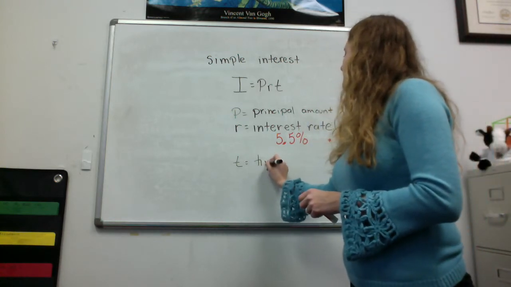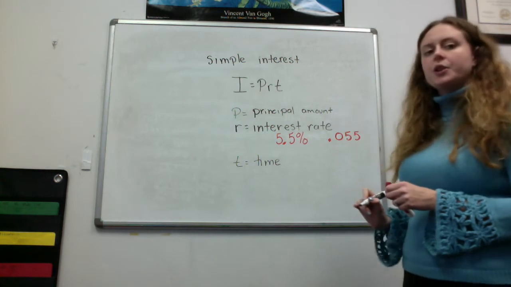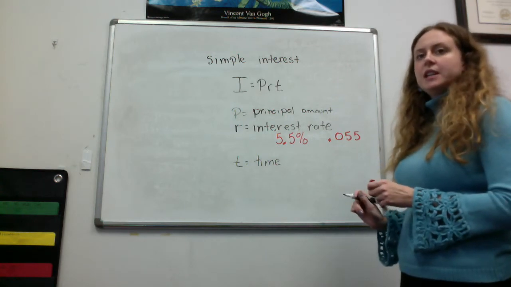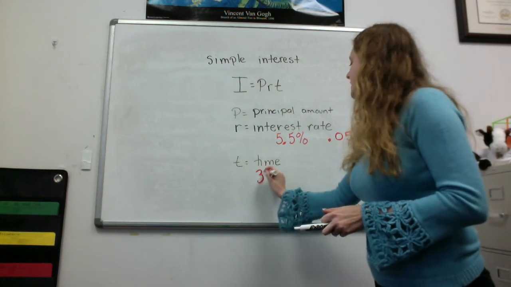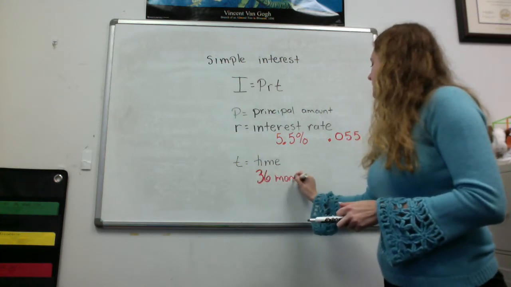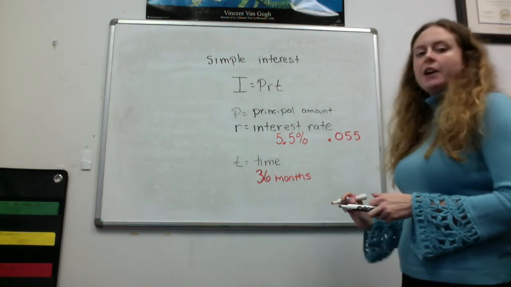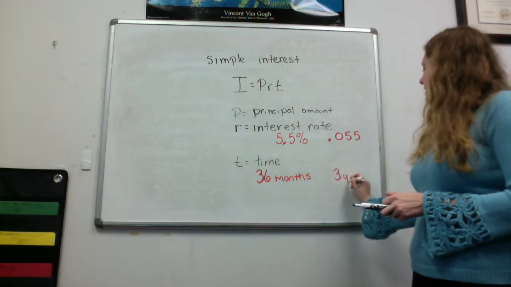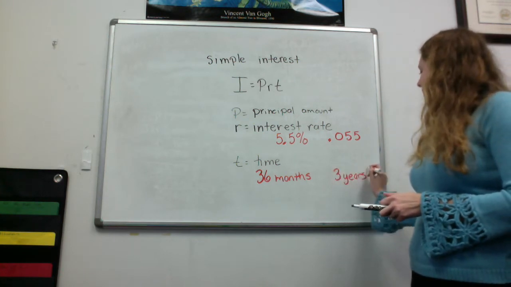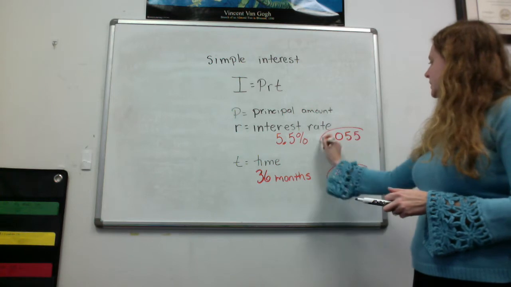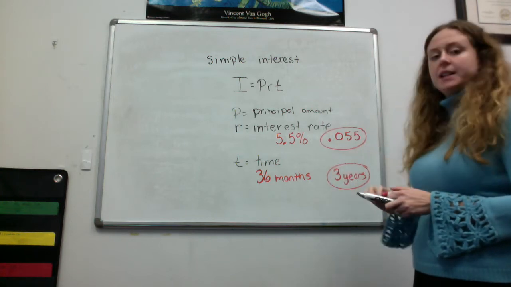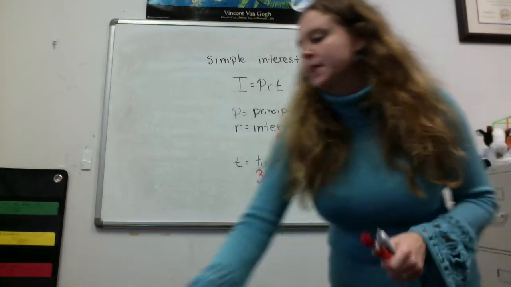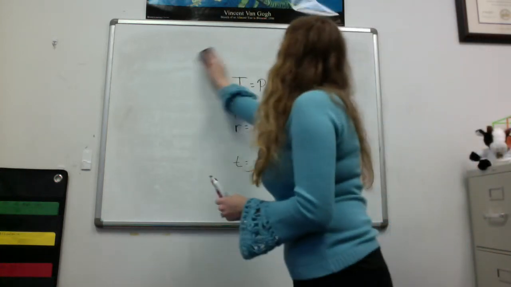T stands for time, and we're going to always want to write that in terms of years. So for instance, if I was given 36 months, I would put in 3 years into the formula. I'm always going to use years. This is the first of the formulas, simple interest. The second formula